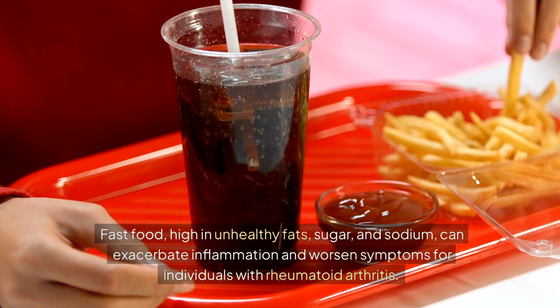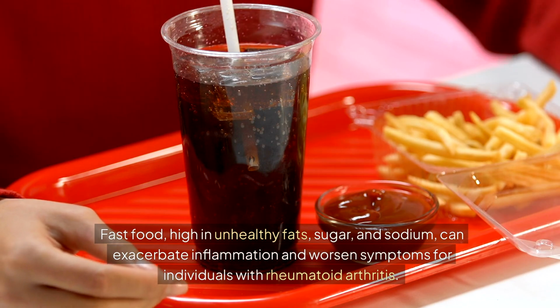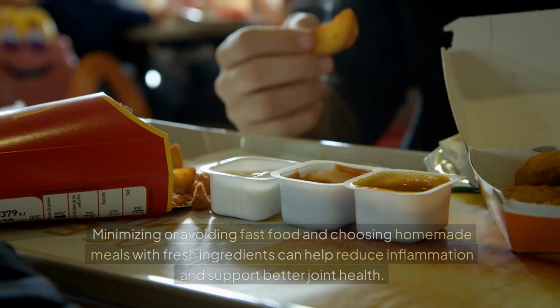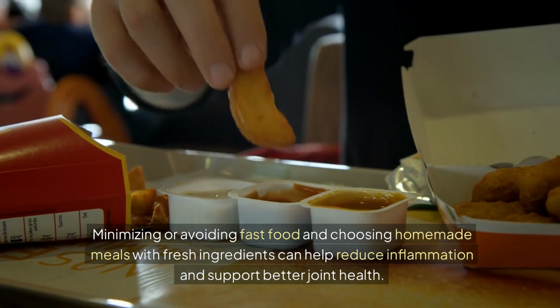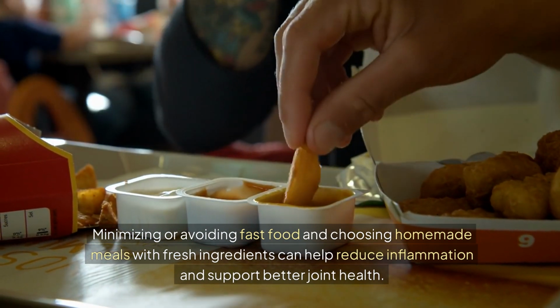Fast food, high in unhealthy fats, sugar, and sodium, can exacerbate inflammation and worsen symptoms for individuals with rheumatoid arthritis. Minimizing or avoiding fast food and choosing homemade meals with fresh ingredients can help reduce inflammation and support better joint